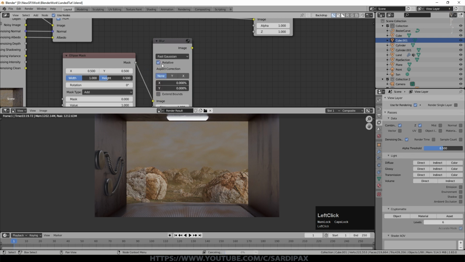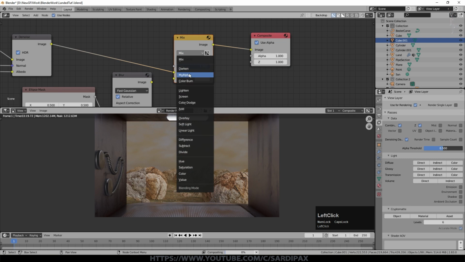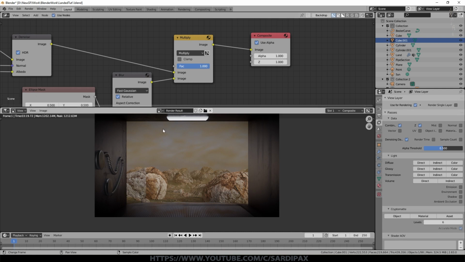We'll select relative Y, so that tells it it's a wide image. We'll say 15%, it's my usual default for the blur amount, so it's a soft vignette rather than a hard one. And we'll say extend bounds, which stops any little strange artifacts at the edge of the image. And finally, we'll add a color mix node into there. We'll set it to multiply, and then we'll take that image and put it into there. And after a moment's calculation, you can see we get a nice dark vignette.